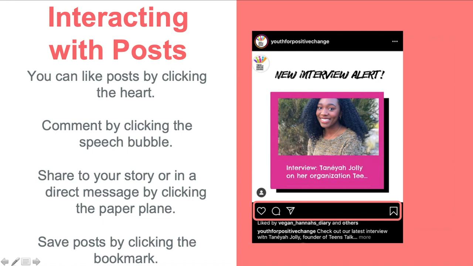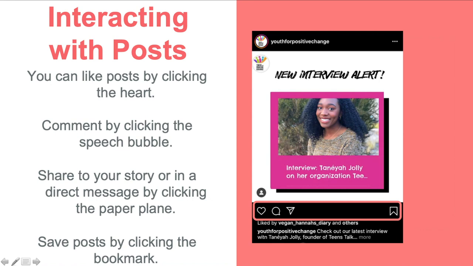I just wanted to explain the saved feature as well. So the last thing that you can do, so you can like, you can comment, you can share, and you can also save a post. So those are the 4 things you can do. And by saving a post, that's one way that you can privately save it to your account.